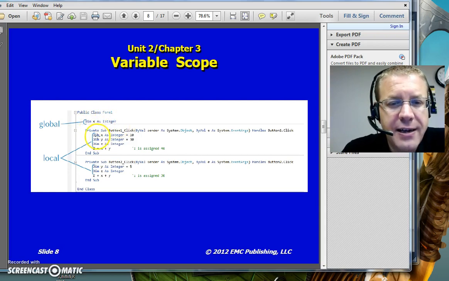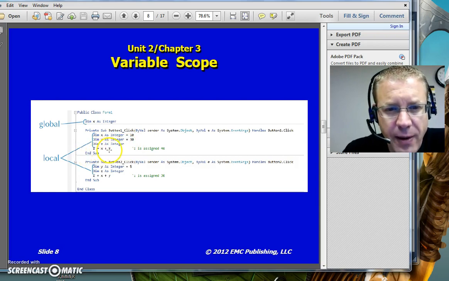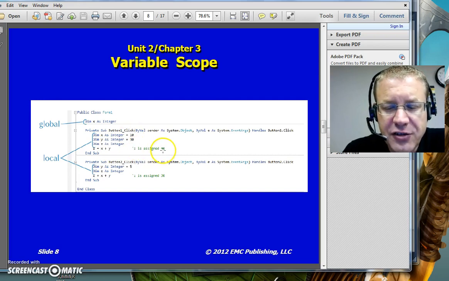Now, when I declare another x as integer inside this button 1, what that does is this takes precedence over this declaration. As a result, dim x is integer equals 10, dim y is integer equals 30. And dim z as integer, if z equals x plus y, x is 10, y is 30, so z is assigned 40. Now, they don't give you the explanation of what goes on here,